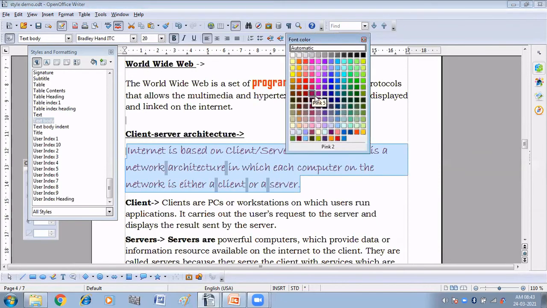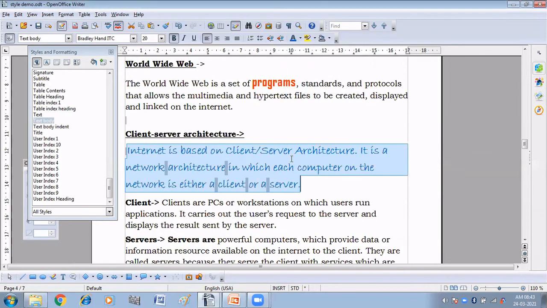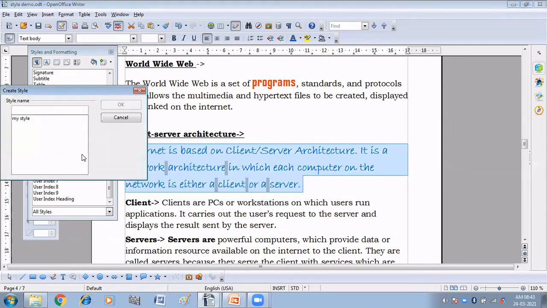So I have created one style. What I'll do is click on this, wait a minute, this is my style, and I'll put it here. I have just dragged and dropped it in the style and formatting window.